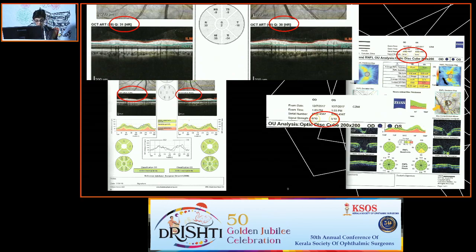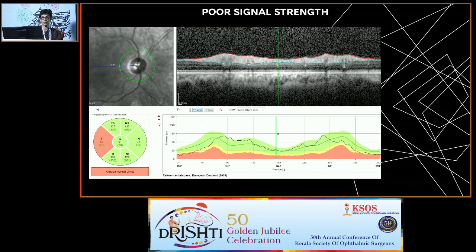So conditions like having a dirty lens or a dry eye or the presence of cataract, and even, paradoxically, a posterior chamber IOL, can decrease the signal strength and therefore decrease the quality of your OCT RNFL. So these have to be looked for, and these can cause mistakes in your OCT RNFL assessment. So what does a poor signal strength lead to? A poor signal strength is best seen by